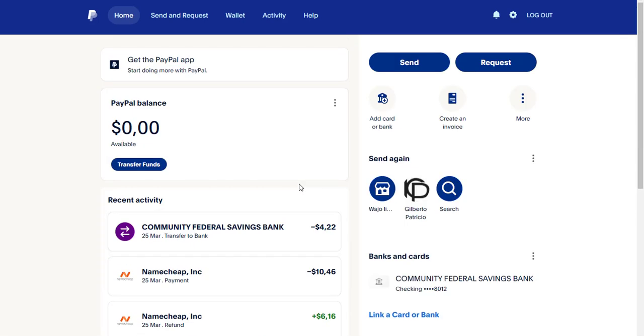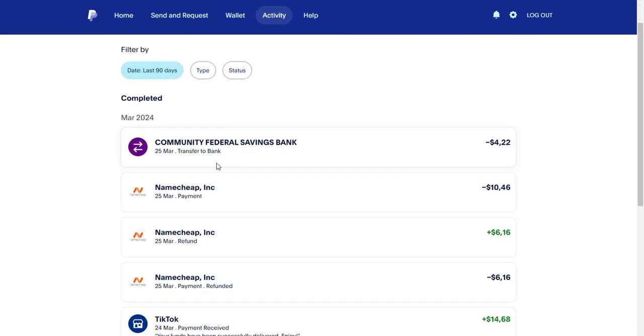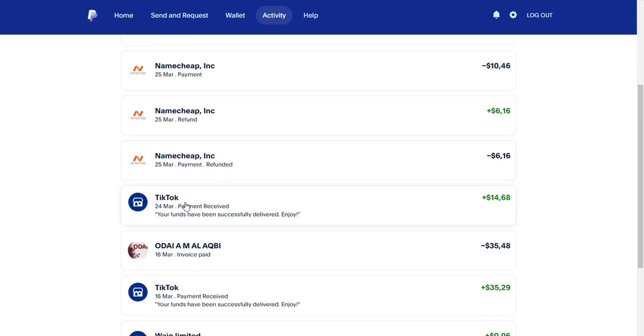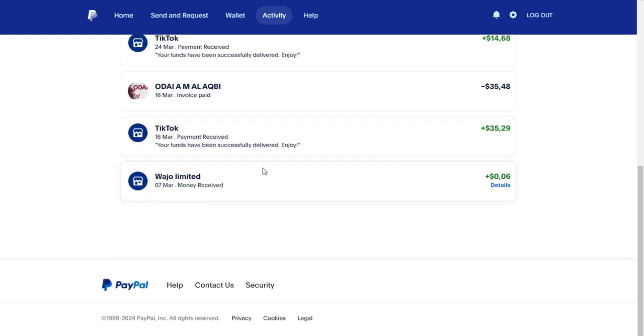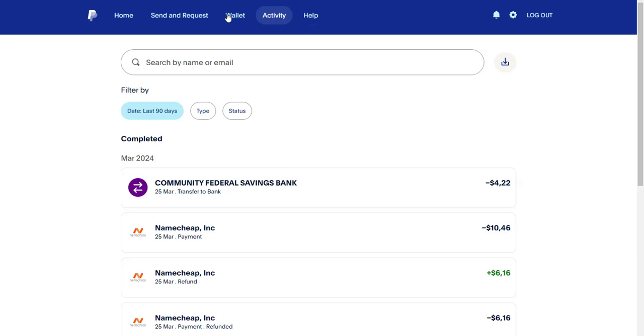You might think I'm just blah blah blabbing, but this is one of my PayPal accounts, and I've been using it to receive money at the black market rates. I receive money, I send money out. I even receive payment from TikTok. This is a TikTok payment. You can see it very well. This is a TikTok payment. So influencers, you can actually receive payments with this PayPal account.